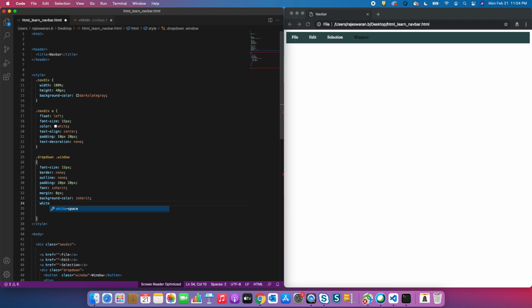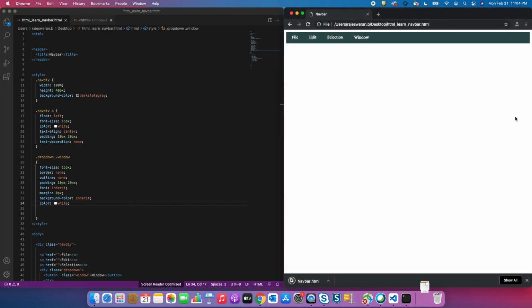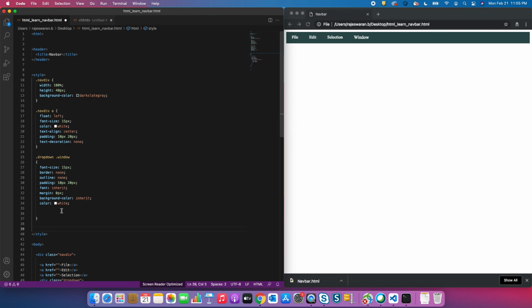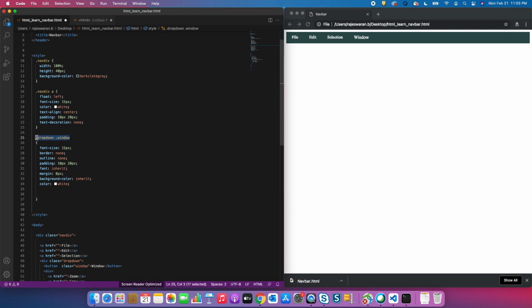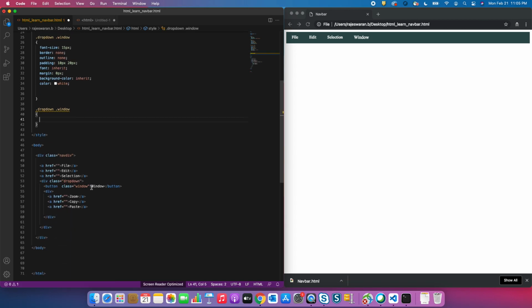So now use the color to color the text. So white. Okay, so now it looks really good because you don't see a difference between this anchor and the dropdown. All of them look similar, but we can add something when you hover. That's going to be very simple. So when you hover over the window, let's say what's the property? The button properties window,